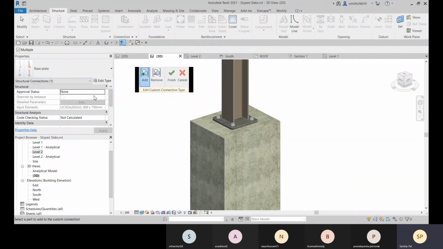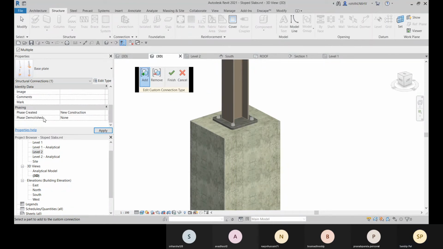Choose this base plate, approval status, none.